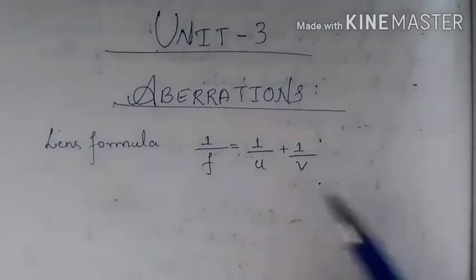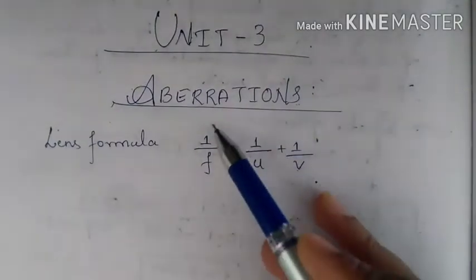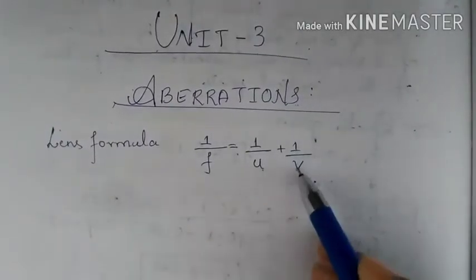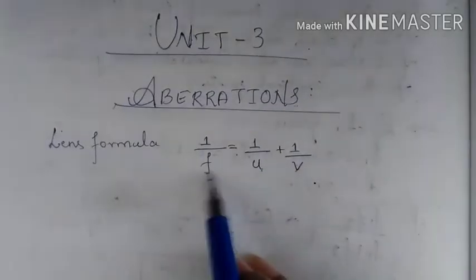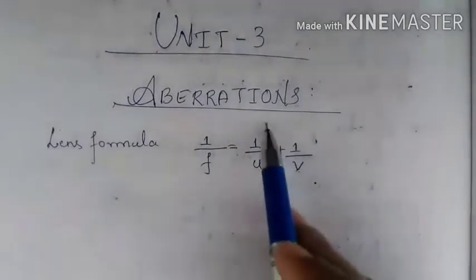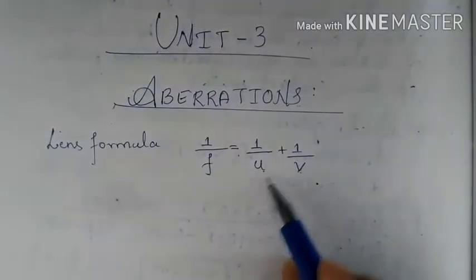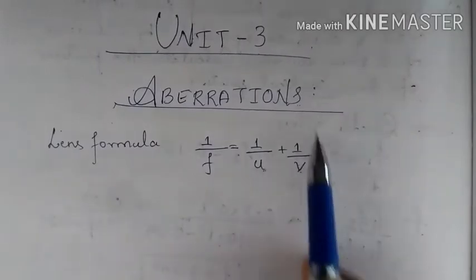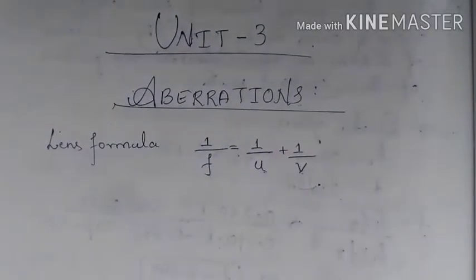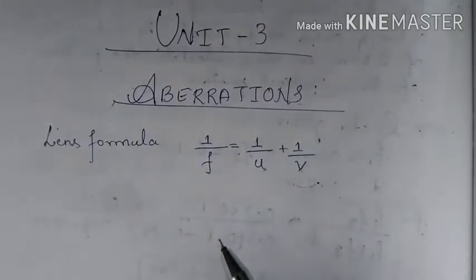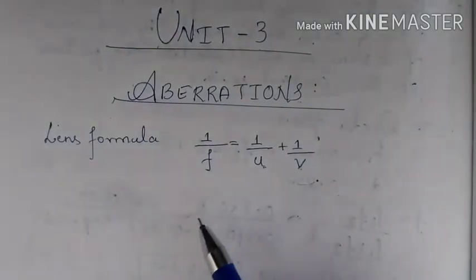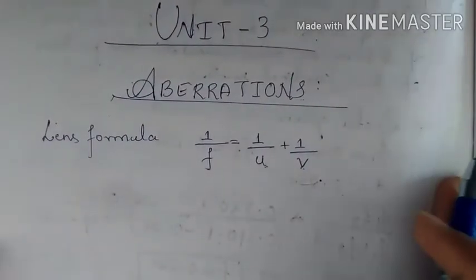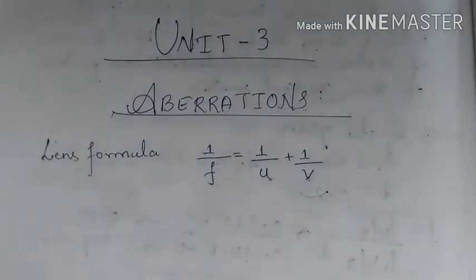From this formula we can easily find the exact focal length of the lens given the object distance and the image distance. If you know the focal length and the image distance, then you can find the object distance exactly. If you know the focal length and the object distance, then you can find the exact image distance. This was a very easy way to find the focal length, image distance or object distance when an object is kept on the principal axis.